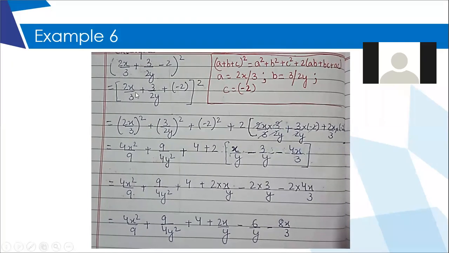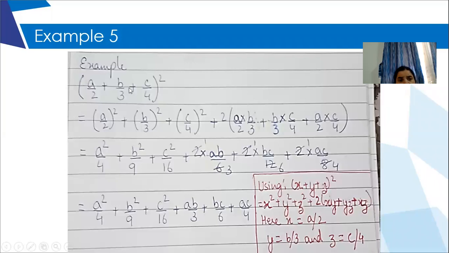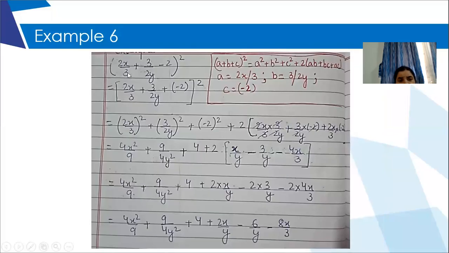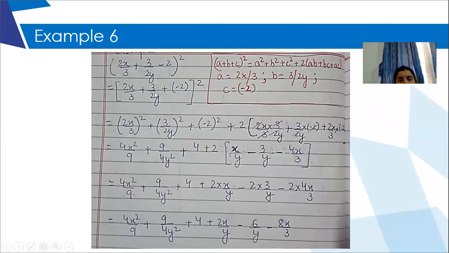Okay, ma'am. And to write this extra step which was not there in the previous one, because the previous one had plus signs, so straight away I wrote the spread. But here this is the extra step which I have done just to make sure that my question fits into this identity. The identity does not cater for minus sign, so you have to attach it with one of the terms and put a plus sign in between. Now again, I wrote the spread of the identity.